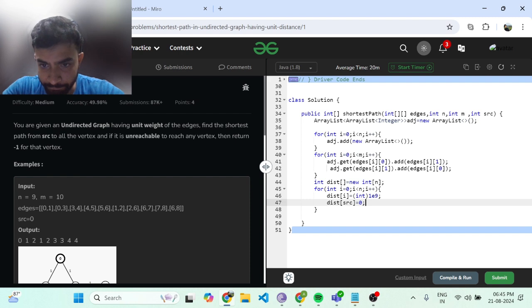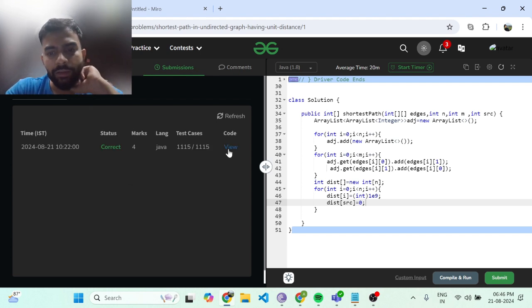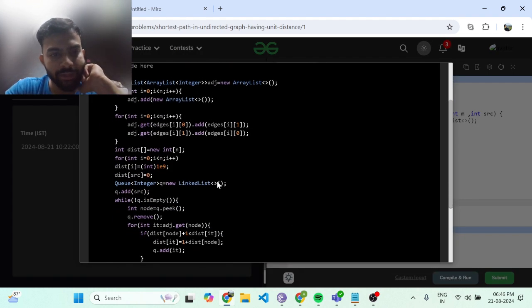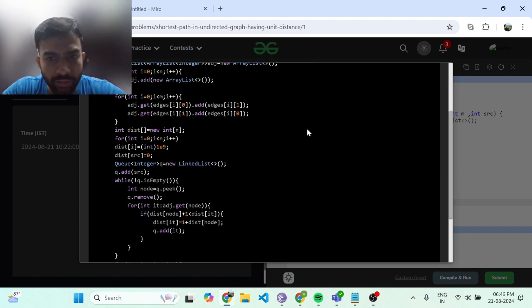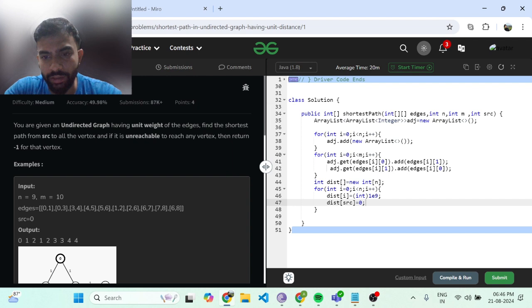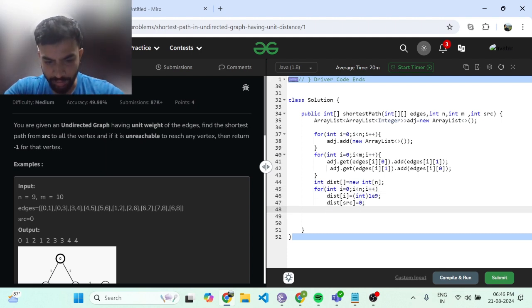Fine. That doesn't look like a big problem. When I'm taking my distance as this, I just want to refer to the solution which I have submitted. So distance of SRC, and after that I can just take this part. I can go with the SRC as 0. Once this is done, I will be initializing the Q data structure of the type